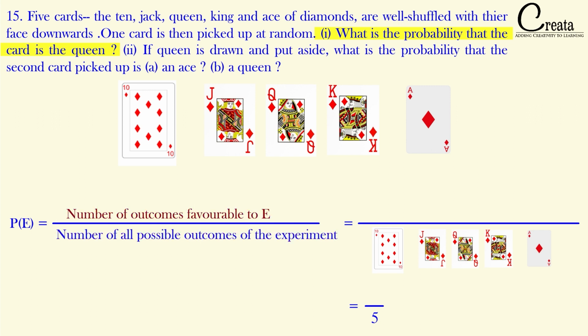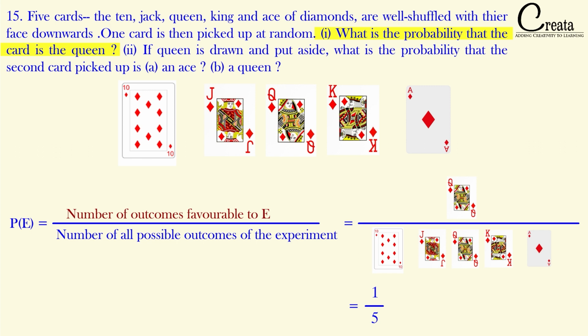And in the numerator, we have to find the probability that the card is the queen. So the favorable outcome of getting the queen out of these 5 cards is only 1 queen. So 1 queen will come in the numerator. So we got our answer as 1/5. 1 in the numerator, only 1 queen is there, and we are having total 5 cards, so 5 will come